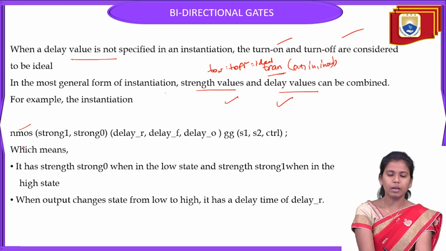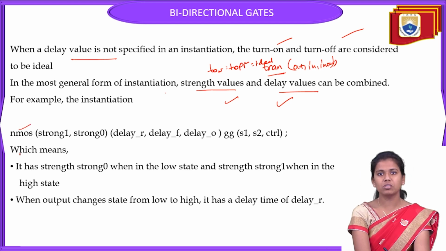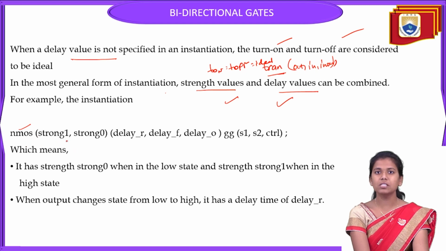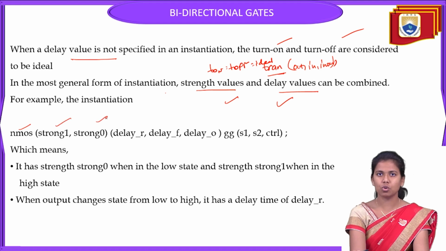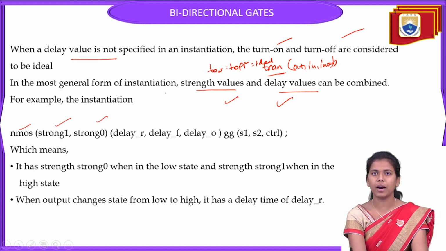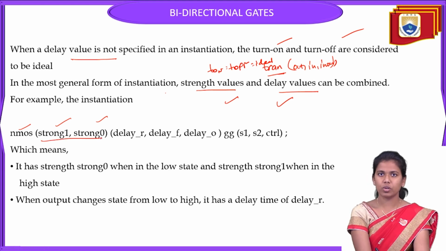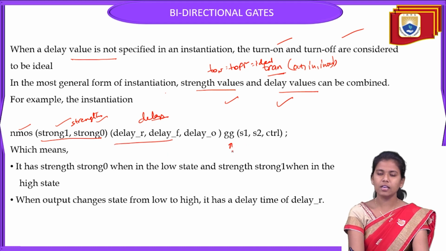Okay, so here, coming to the example, I have considered the NMOS transistor. As I am considering the NMOS transistor, my keyword should be nmos. And then here, I have a signal strength. I have strength values as strong 1 and strong 0. So here in the instantiation part, I am instantiating the things with respect to the strengths. Okay, these are my strengths and these are my delays. I am representing the strengths and delays, and this is a circuit that I am considering, and here is a